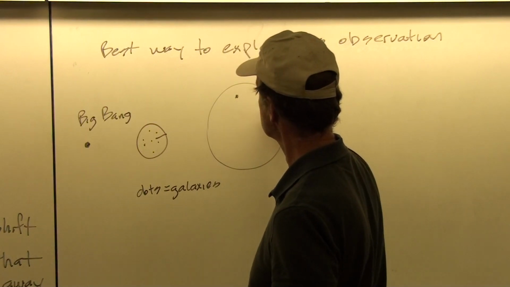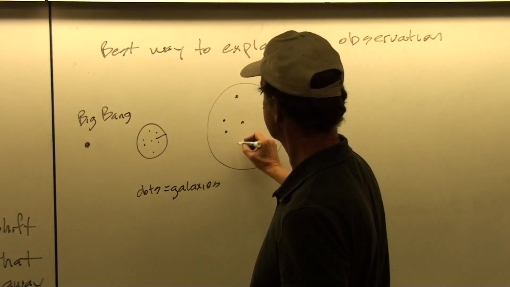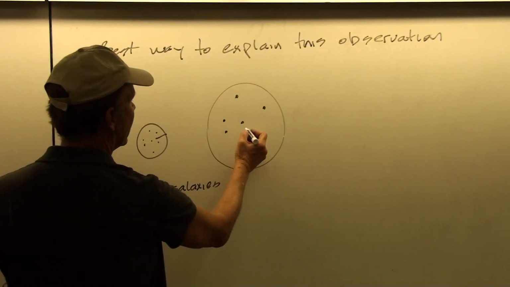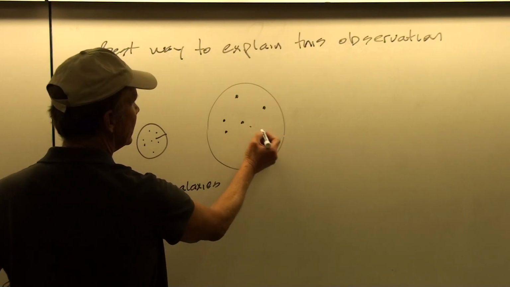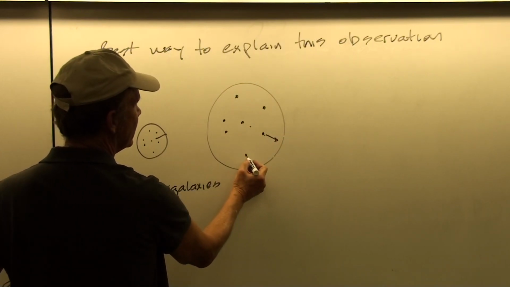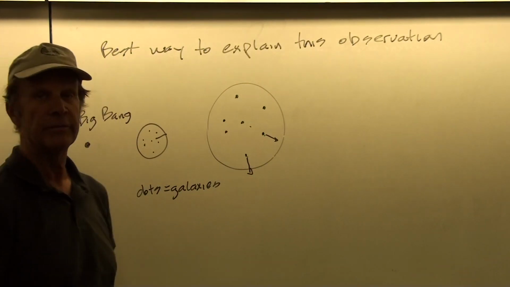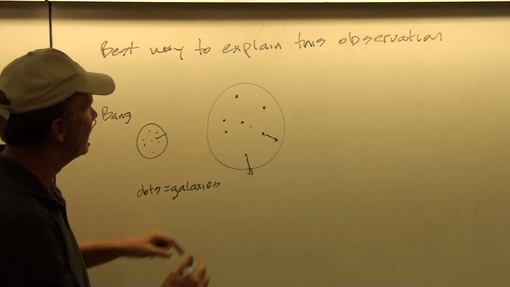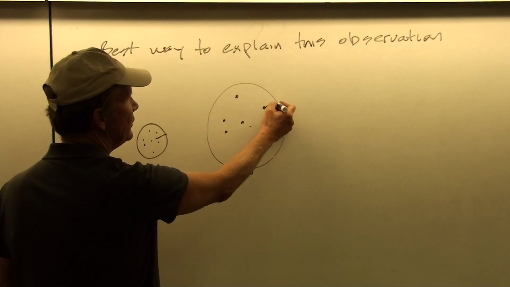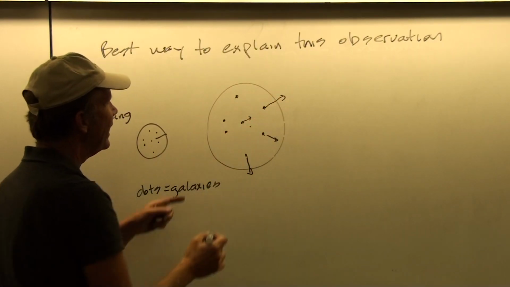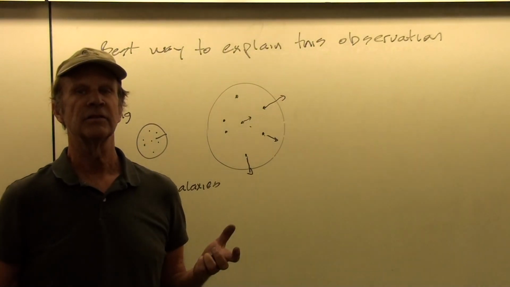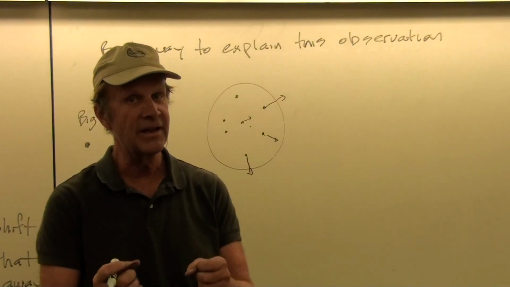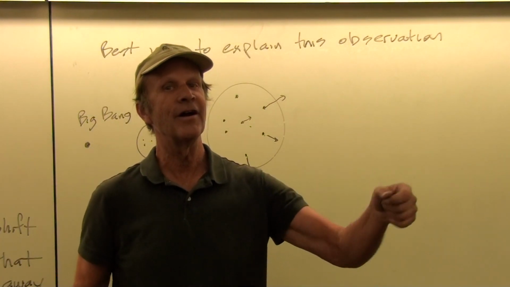But as we do so, the shape of the dots remains the same. But the spacing changes such that if you look out this far, this dot will be moving away from you that fast. But if you look out a little farther, that dot will be moving away from you faster. And so no matter which dot you look from, this dot will be moving away faster from this point of view, but this dot will be moving away faster from that point of view. So every dot sees all the other dots moving away, or if you don't like that analogy, imagine blowing up a raisin cake. Every raisin sees every other raisin moving apart from it,